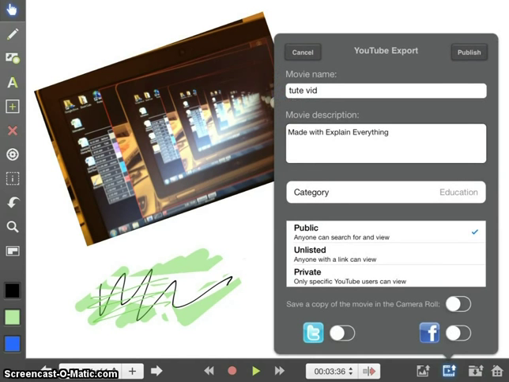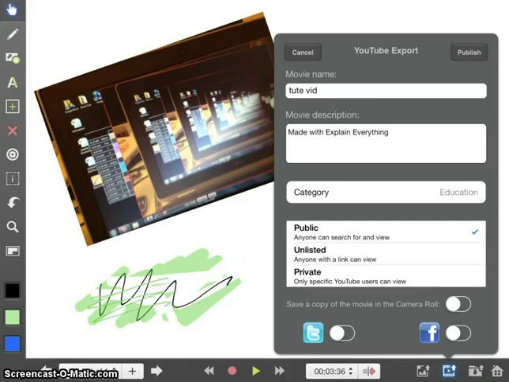Now there are a few options when you go into this on YouTube. First of all, don't be scared of sharing things on YouTube. Obviously the default setting is that it's public, which means if someone wants to go and look for your video, go and type the name into the search button, it will come up and they'll be able to watch your video, and that's anyone in the world. Unlisted